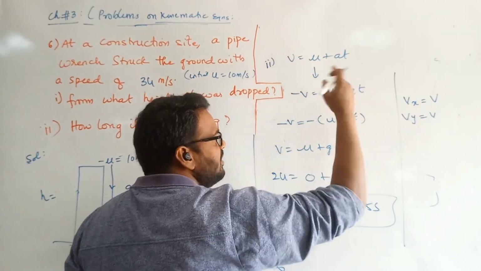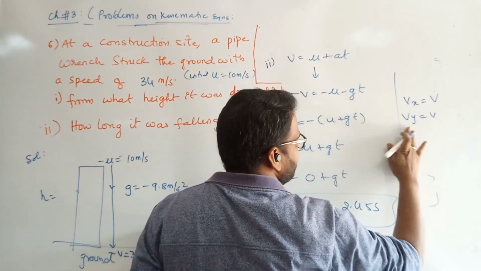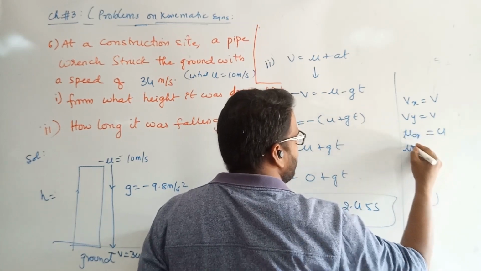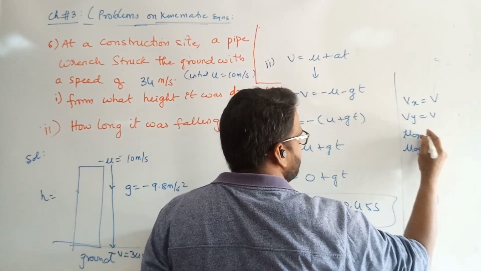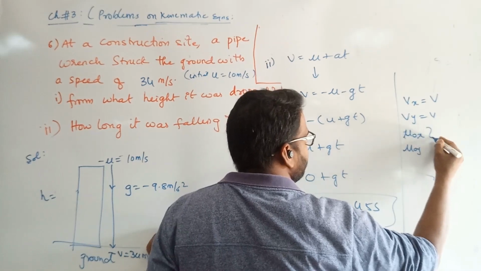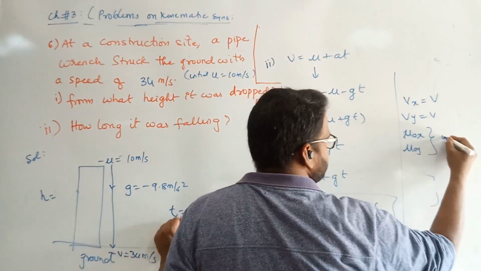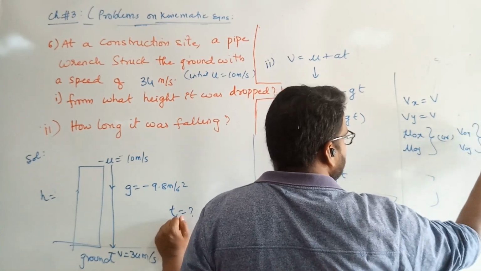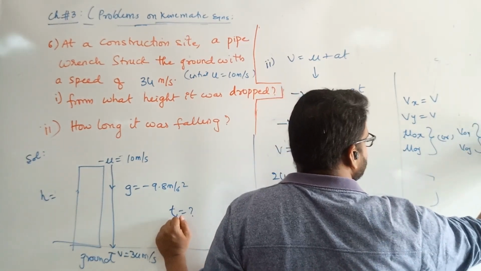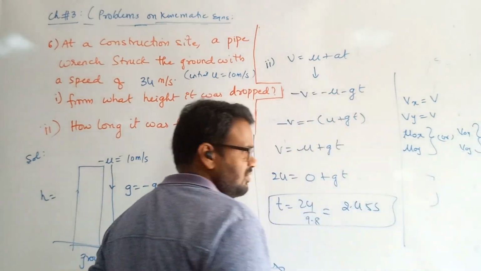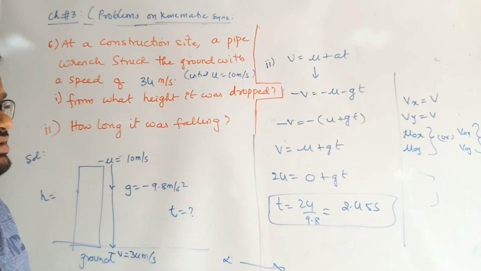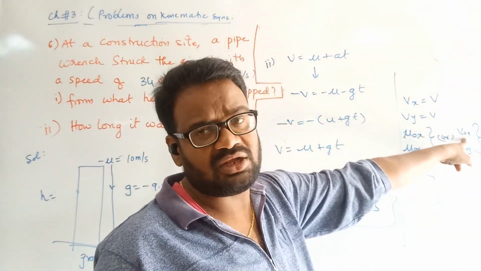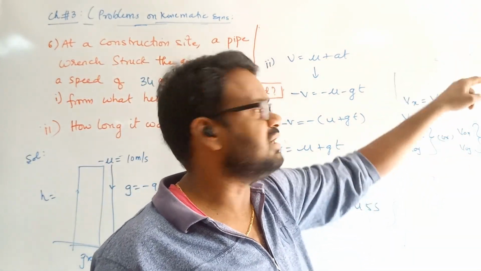This is final. Initial is what? Initial you are writing in the form of u. In some books they follow it in the form of u naught x and u naught y. Or they also follow v naught x or v naught y. What these two things are? For these two things I am using the general term u. u is the initial velocity. Initial velocity along x-axis can be given by u naught x or can be denoted by v naught x also. Naught indicates initial.